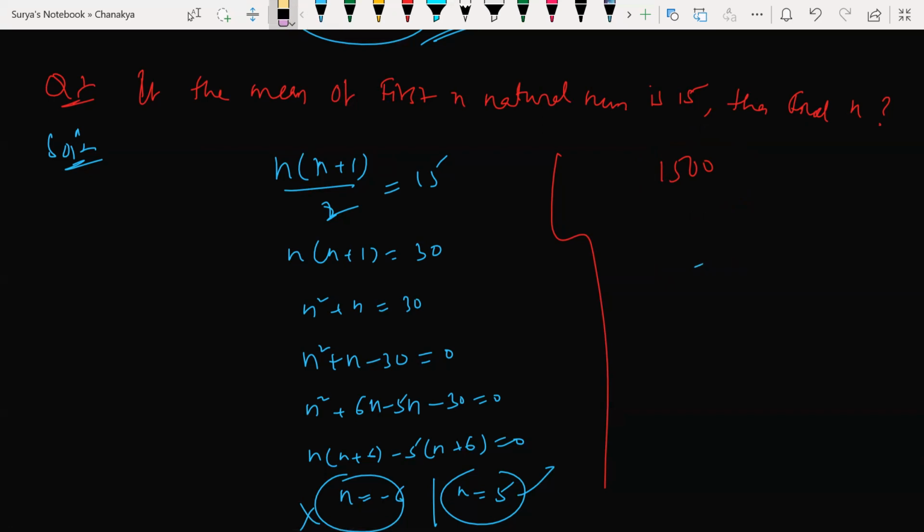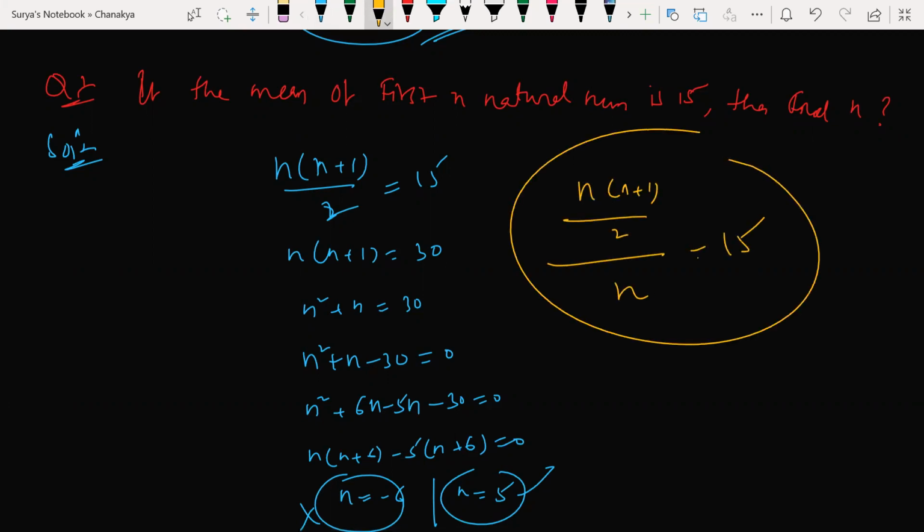Oh no, it's not possible. Even if you do it that way, the n value will be somewhere around 2999. Am I right? Yes, sir, naturally, because the sum is more, so more numbers will be required. But if we solve it without dividing, we are getting somewhere around 29 when finding the n value.